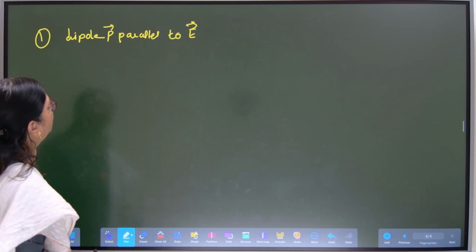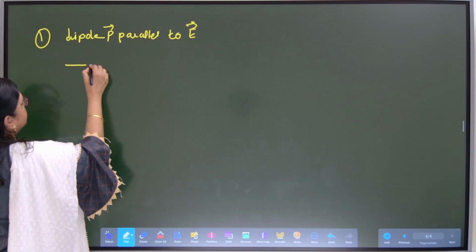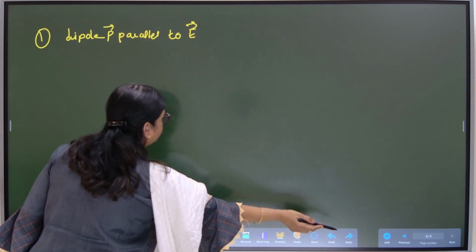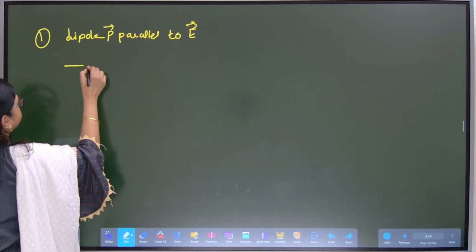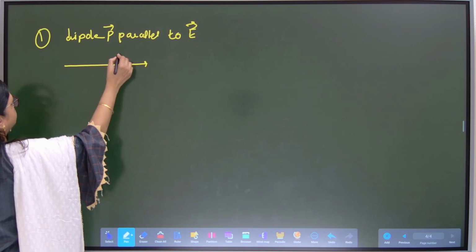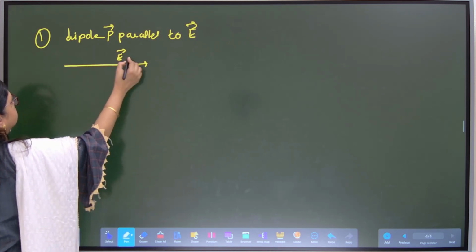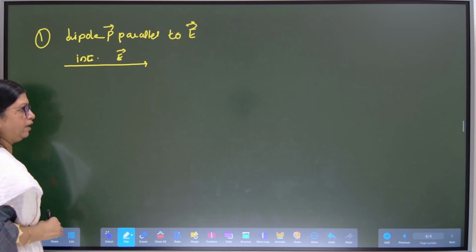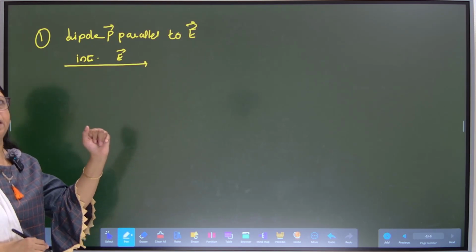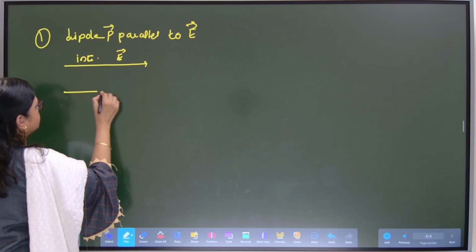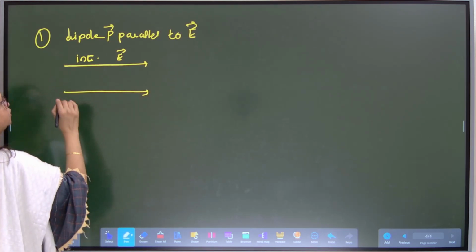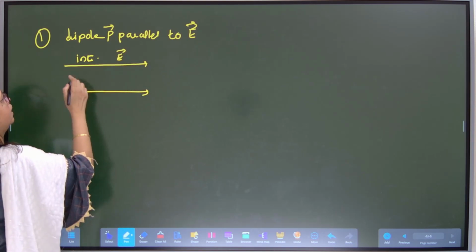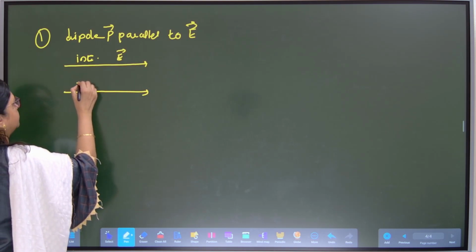Fine. So, as I said, representing the electric field in this way means that the value of the electric field is increasing in this direction. Fine. Again, if I represent it by another line also, this is also increasing. Fine. Okay. Now, in this increasing electric field, I have placed a dipole